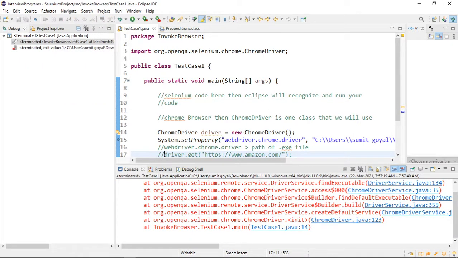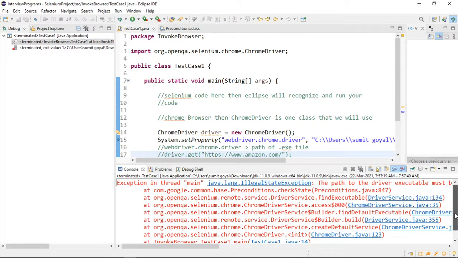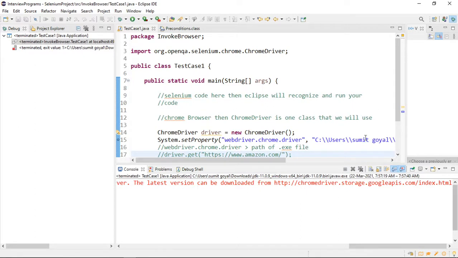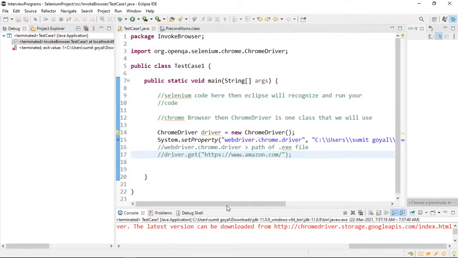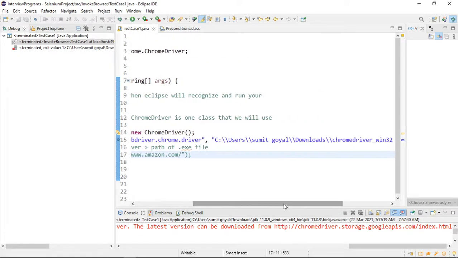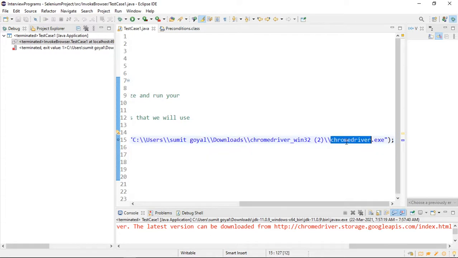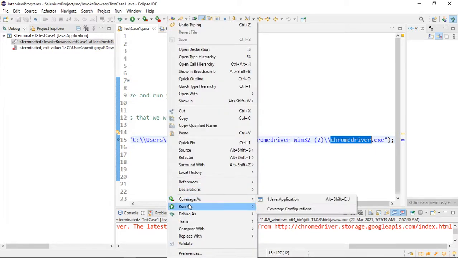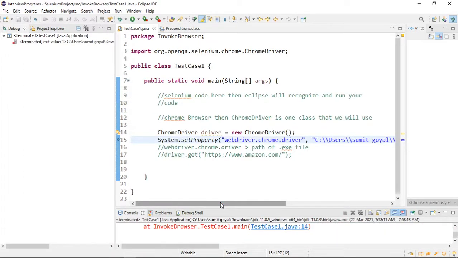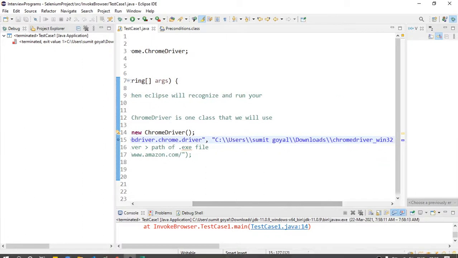Okay, let me check what is the mistake we have done. Chromedriver.exe. If I run it, let me take the path again.